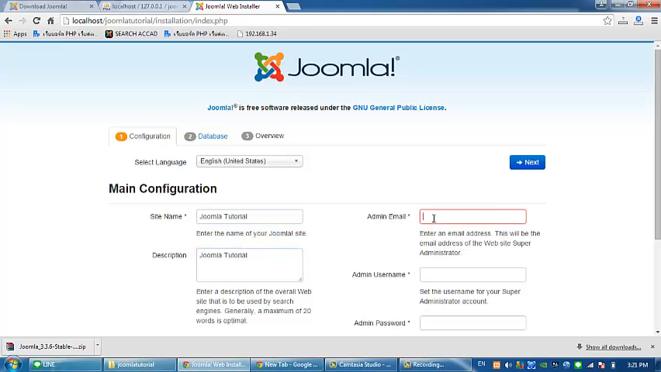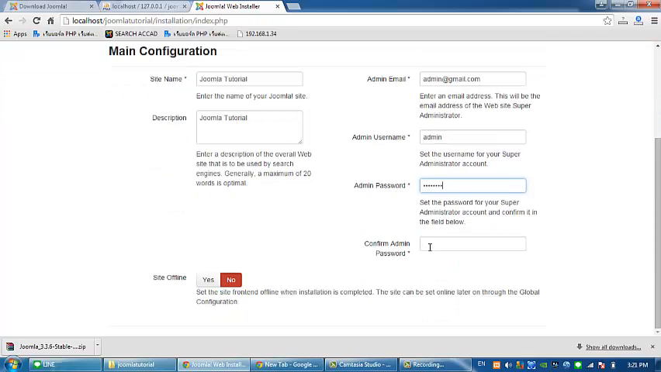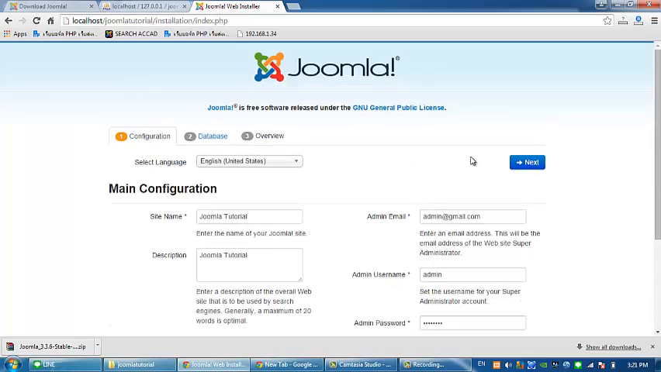And this one is your admin email. So for example, this is the email admin gmail, and the username is admin, and the password is password. It's up to you what we will put. So click next,